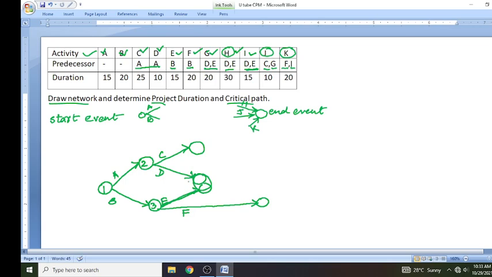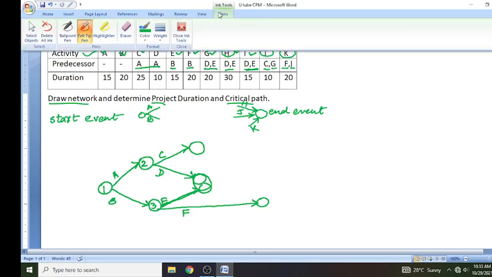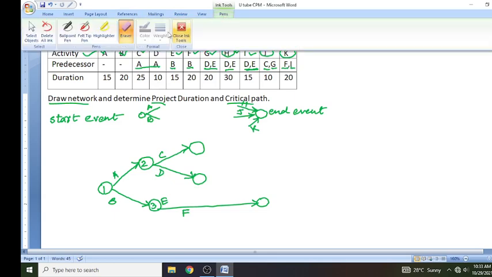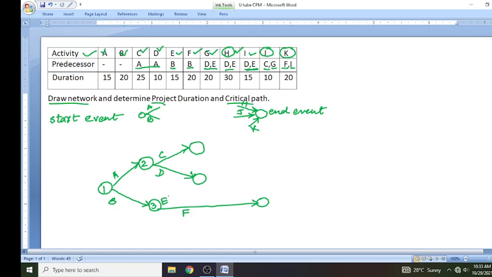I hope you got this concept. So let me clear this properly, and we can combine the circles of D and E in a single event, because once they both are completed, then we can go for the next. So I have combined D and E both.